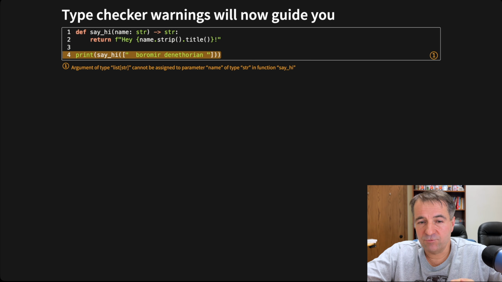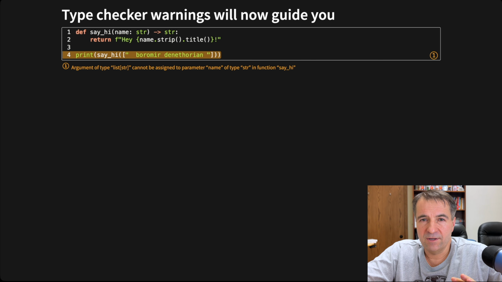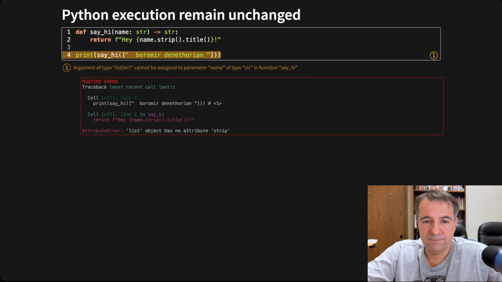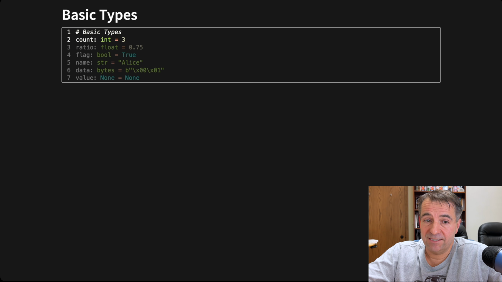And now as we work in the IDE, I'm getting "argument of type list string cannot be assigned to parameter name of type string." That's the type of warning you'll get in your IDE. That's just the basic. I can still execute this function and it can still go into a backend and it can still break stuff. Types do not affect the runtime environment, although once you use frameworks, those frameworks use type to change the runtime environment. So keep that in mind, but you can still run Python code that will create bugs. And that's where Pydantic's going to come in.